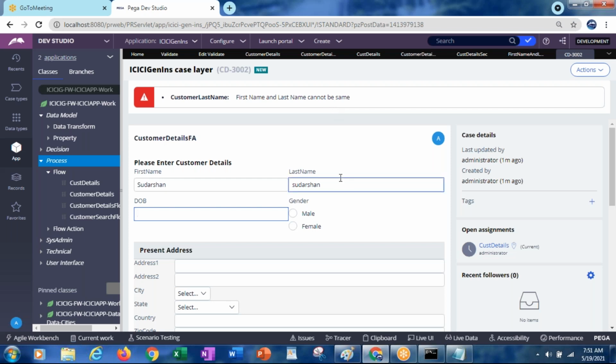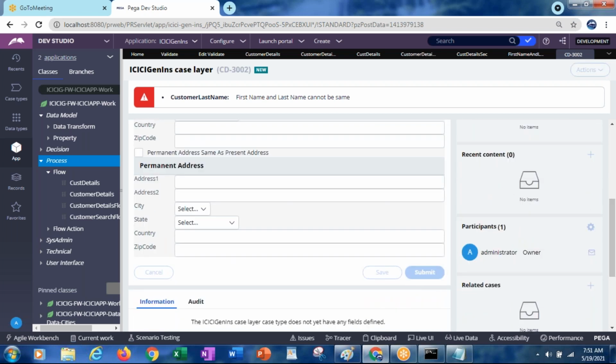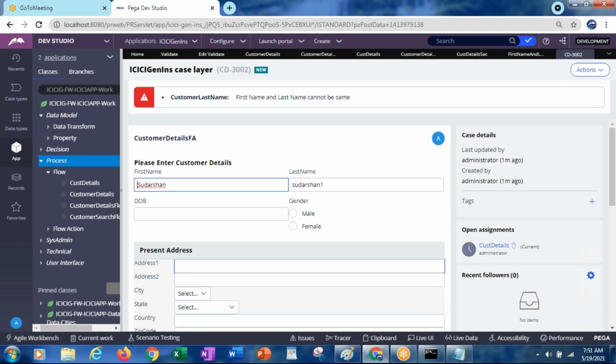In case you give at least one character different also. Here Sudarshan, one I have given. Now if you click on submit, then it will go to the next step. Cannot be same. I have given different only, right?